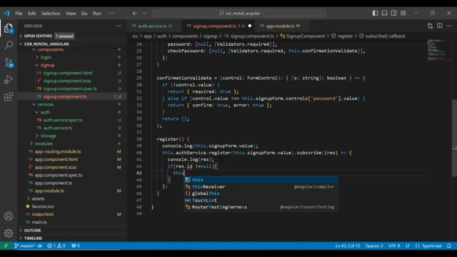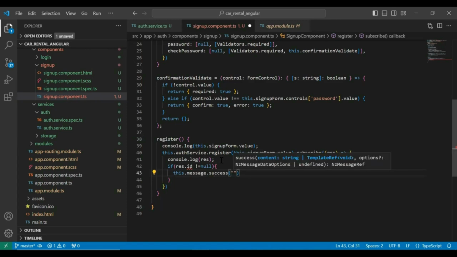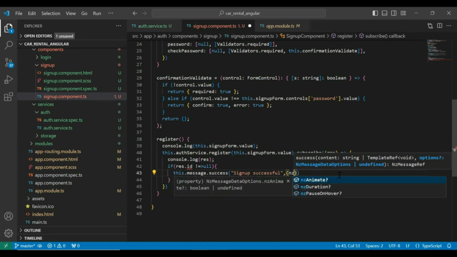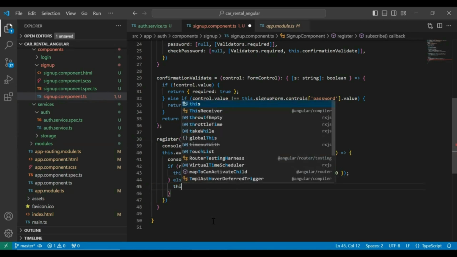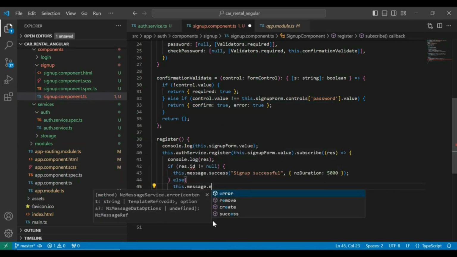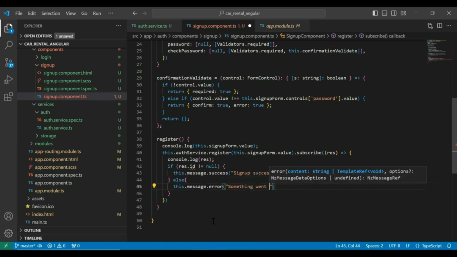Then we need to show this notification, that is this.message.success, and in this we need to pass the string, that is Signup successful, and the duration of this message, that is 5 seconds. And in the else we need to show this.message.error, that is Something went wrong, and the duration of this is the same.